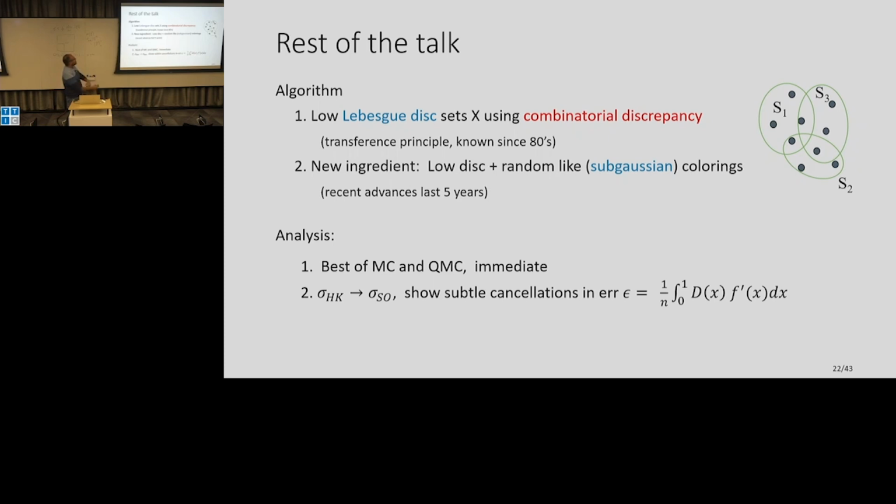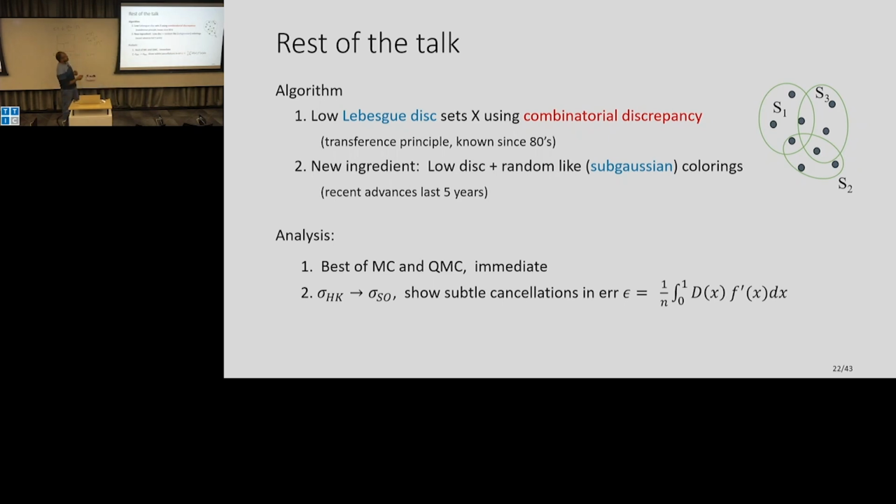Great. Okay, so here is maybe the rest of the talk. We saw there are these very good point sets using this Lebesgue discrepancy. I'll try to describe yet another way of getting a good point set using what's called combinatorial discrepancy. Unfortunately, it's the same name, discrepancy, but this is how historically it evolved. These are two really different things, but there are connections between them. Combinatorial discrepancy is more about set systems and coloring them +1, -1. I'll define it in a second. But somehow you can use this connection and get good point sets here.